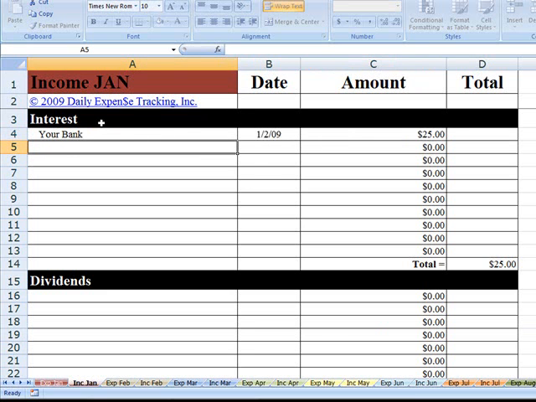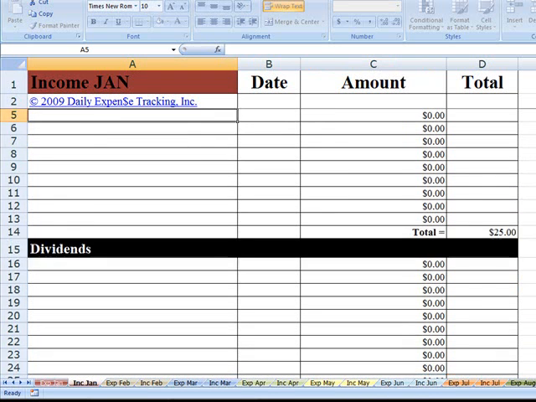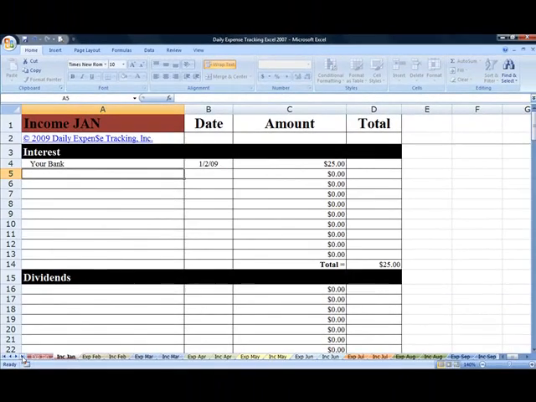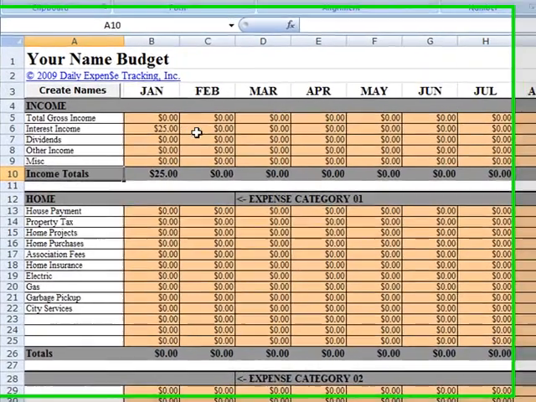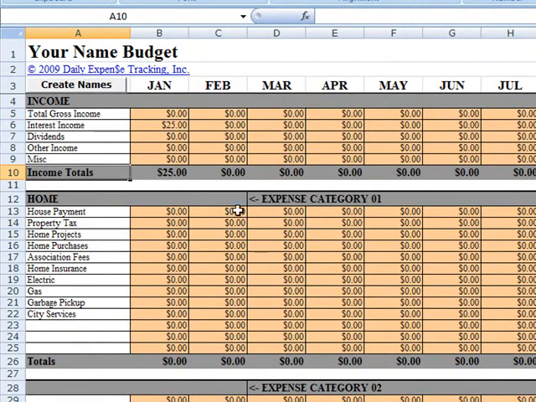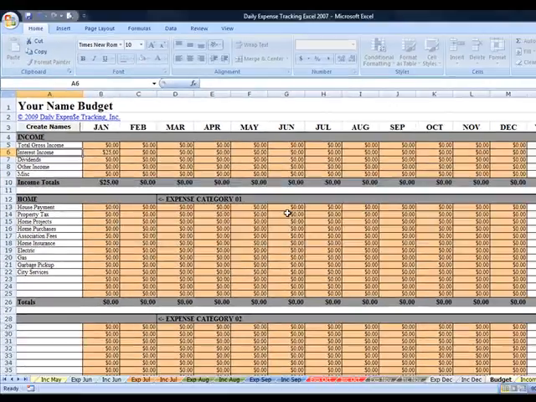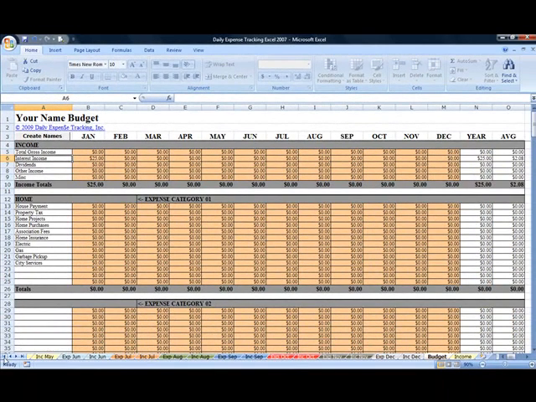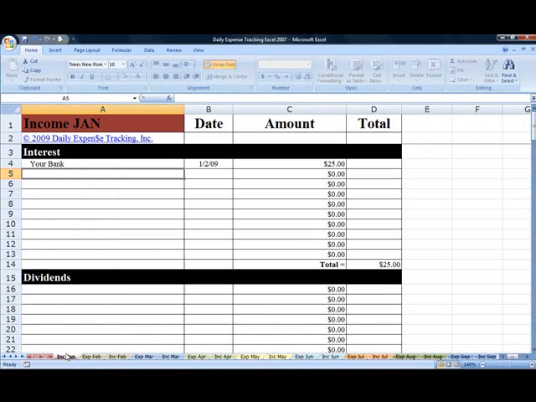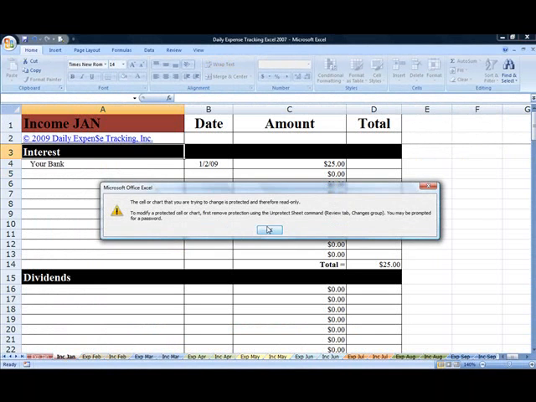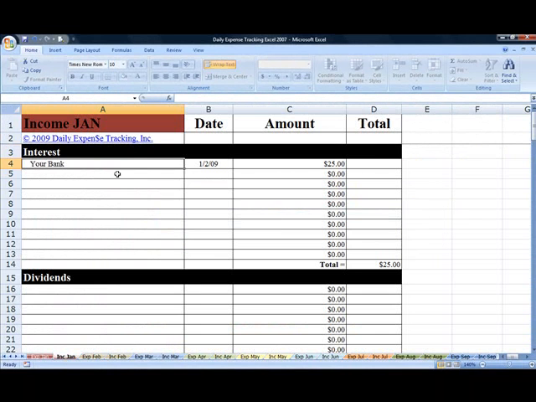I'll enter 1, 2 again, and let's say it's $25, and this pattern is going to be repeated. Any revenue tracked in interest, dividends, or other income is going to automatically fill into the appropriate month of the budget worksheet, as you see here. On the budget worksheet, these fields are protected, as demonstrated here. And I'm going to go back to the income tracking worksheet for January and show you that these headings for these sections are protected,